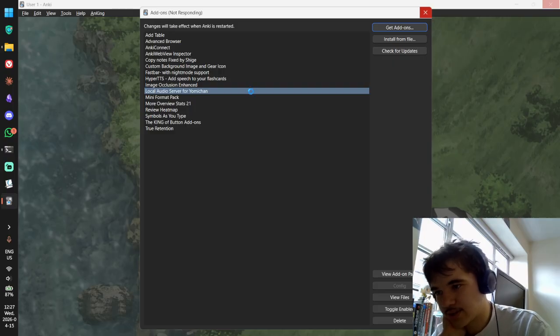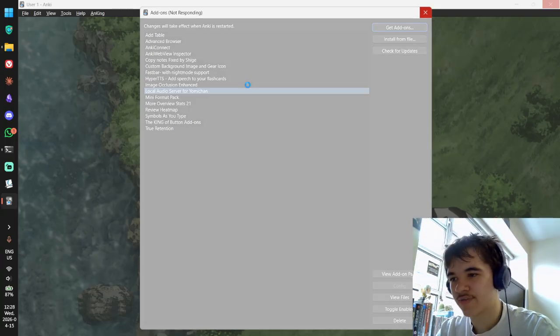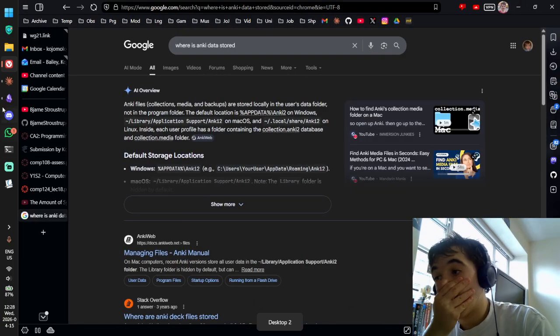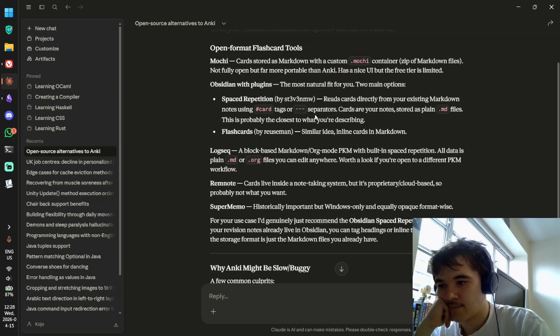Okay. I don't know why that's halted the entire application. Let's see if it's actually just crashed or if it's just taking its time. Right, let's check out